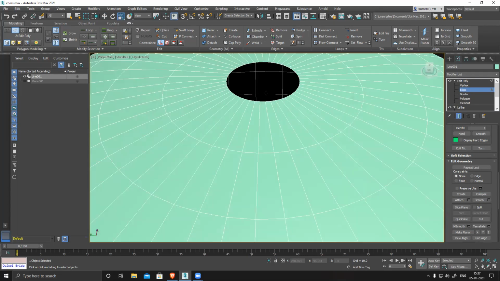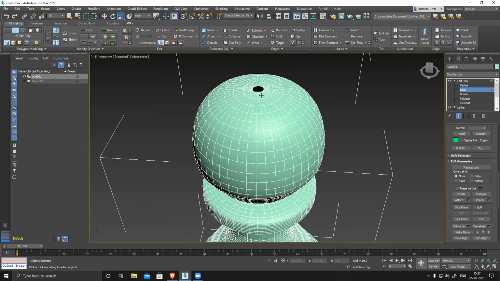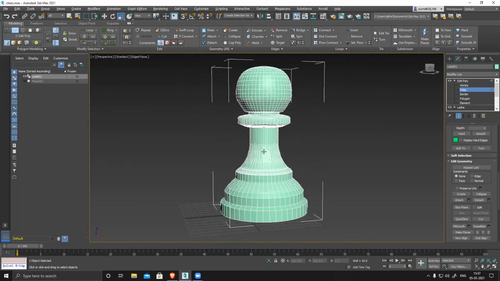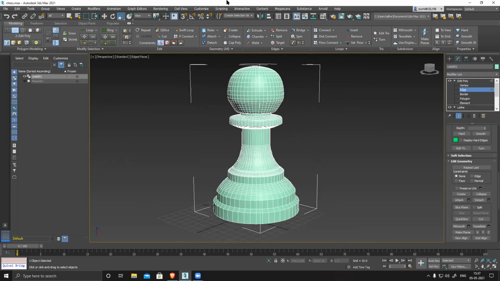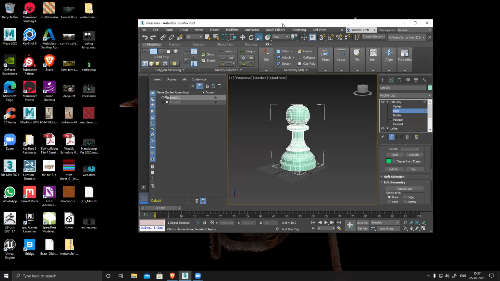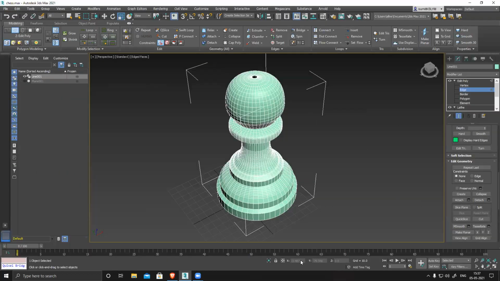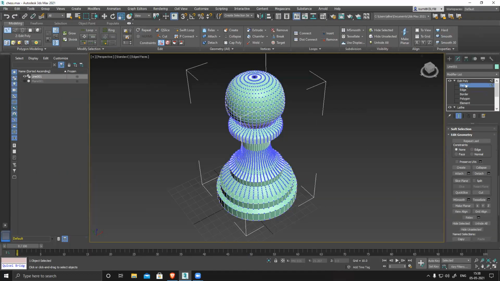And here on top also you can see there is a hole. So make sure to close all the holes and keep it clean. So redo these things. Make sure, whenever creating a file, that it's at the world origin 0,0,0. Like this is your file. So get rid of this thing.